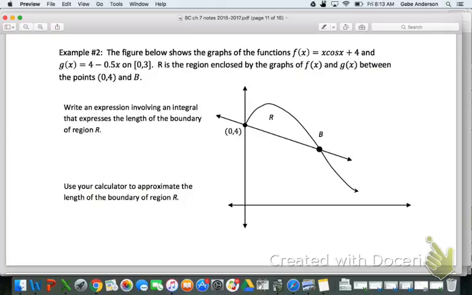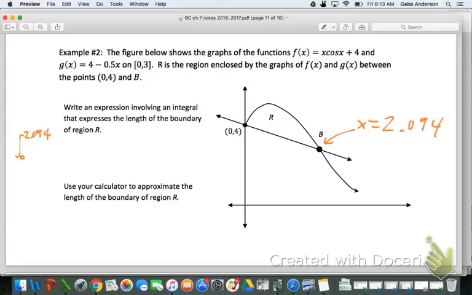We split it up into two different parts. We want to deal with the length of the curve first. At least I would, just get it over with. So the length of the curve would look something like this. Integral from 0. And remind me, what did you guys find for the x coordinate for the point of intersection? Okay, so x equals 2.094. Got to have that. Use your calculator, of course, to find that. So integral from 0 to